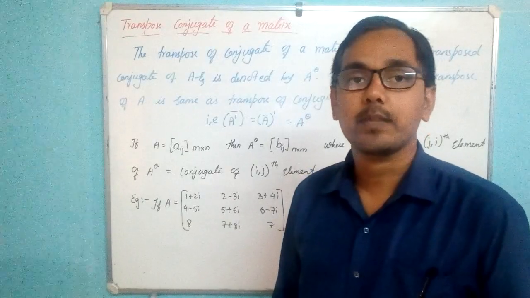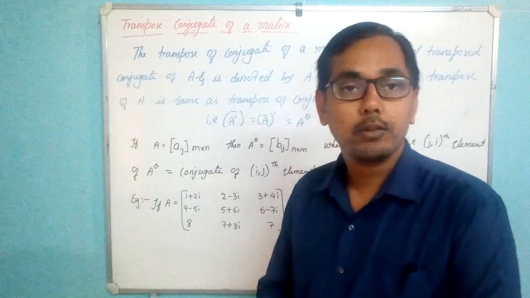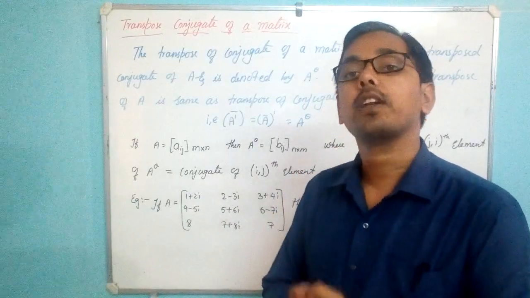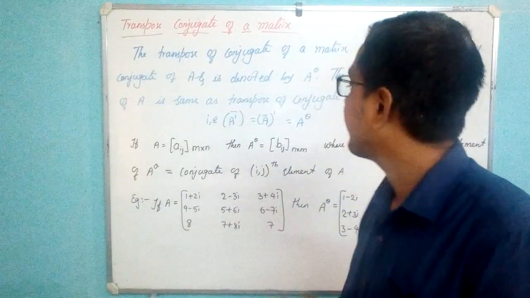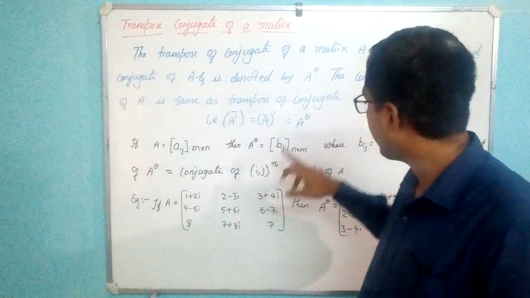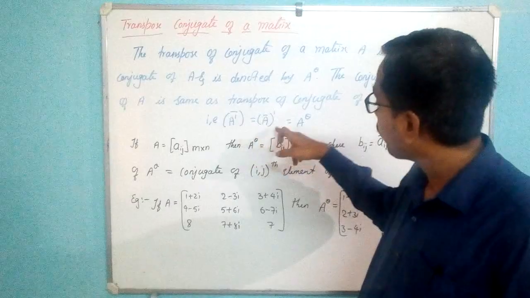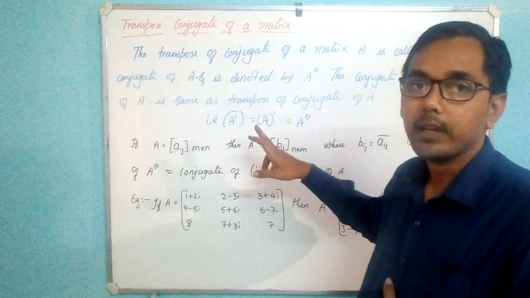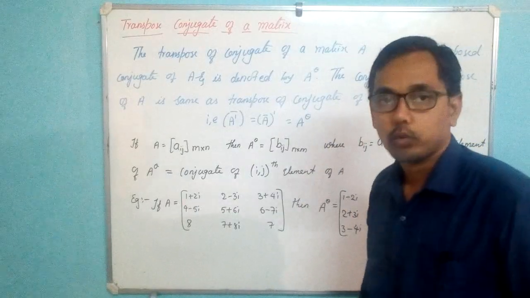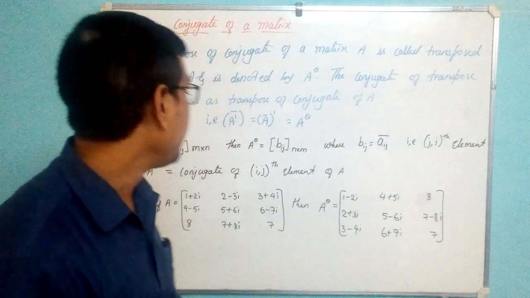That is how you have to take transpose of any matrix. Then you also know the method to take conjugate. How to take conjugate? Writing equivalent complex conjugates for each and every element, right? So first you take transpose, then take its conjugate, or first you take conjugate, then take its transpose. Both will be the same. You will get the same answer. That can be denoted as A to the power theta. So this is the concept of transposal conjugate of any matrix.